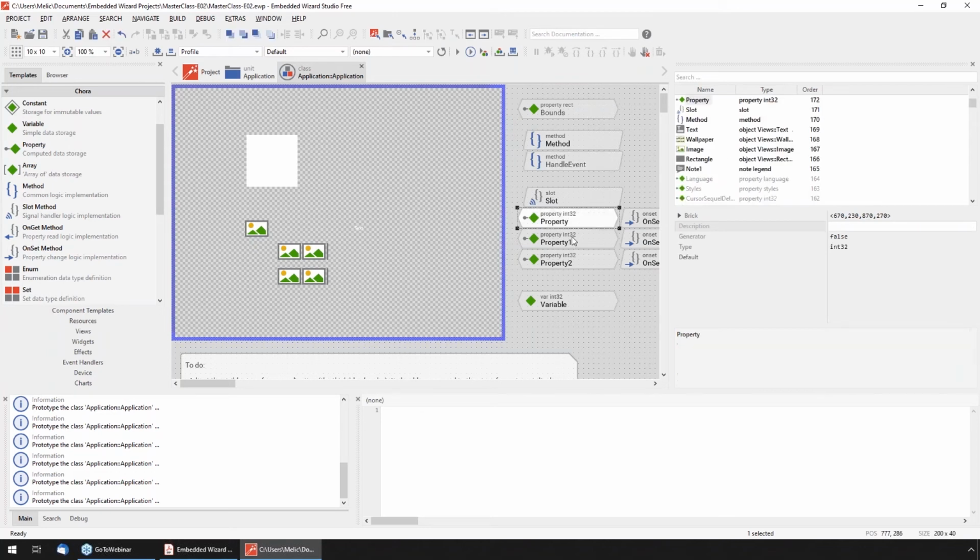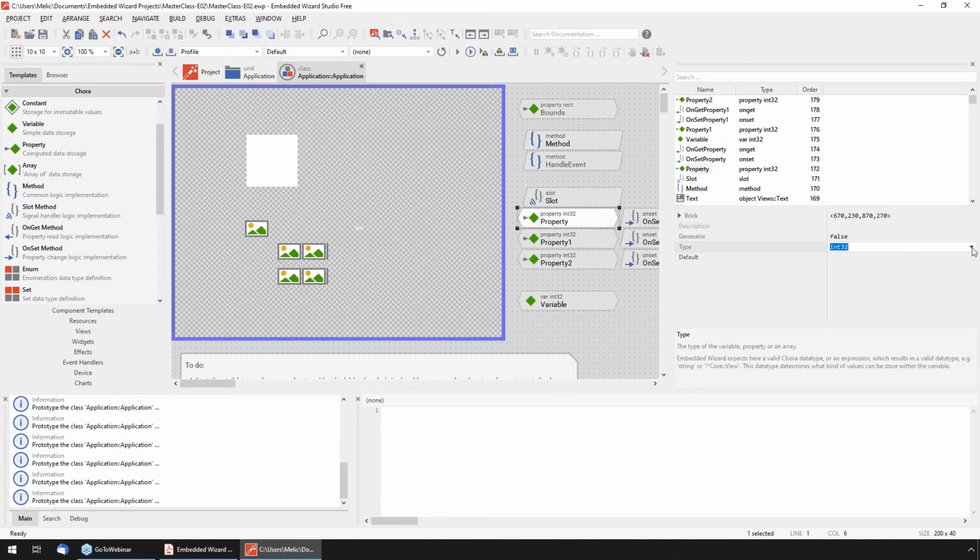Just think about the property. Those all have different names: property, property 1, property 2, and they come as integer 32. So now changing, for example, this property to a so-called string property, for example, then you see that the type of this property is now also changing inside this representation of different strings. So we have the icon, which depends on the type. We have the proper name of that brick. We have the type of the brick, and we also tried now to